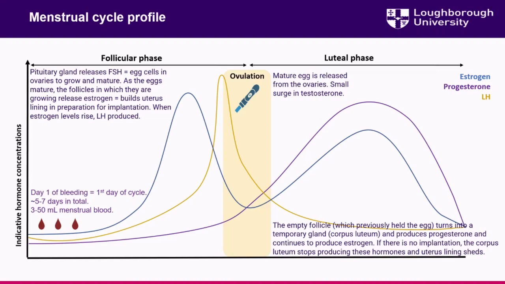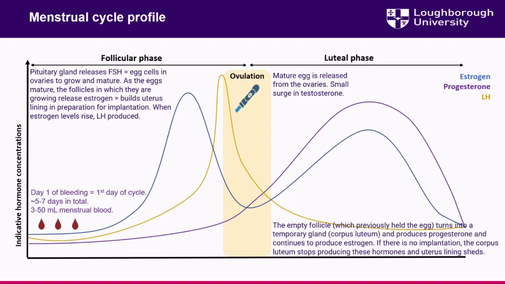Then what marks the centre, or the midpoint of the cycle, is ovulation. That marks the boundary between the follicular phase and the luteal phase. And this is preceded by a rise in something called luteinizing hormone, which we can detect using urine ovulation detection kits. These are sticks that some of you might have used for your research participants. The school actually now provide them, which is excellent, so we can accurately verify whether someone has had a surge in luteinizing hormone, which will precede ovulation.